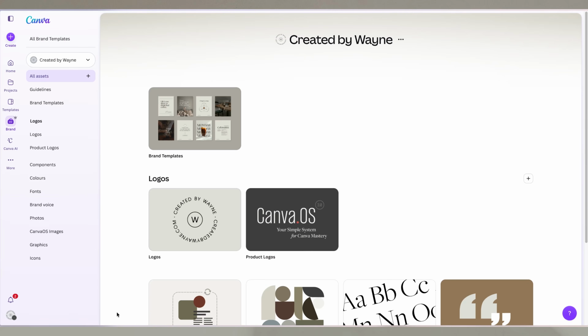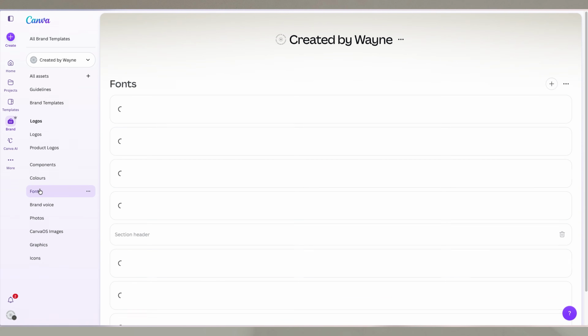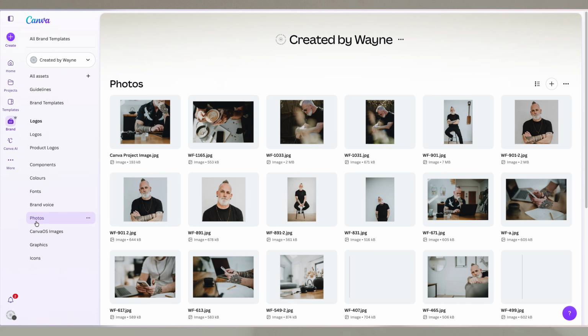But equally importantly, and the thing that makes me feel genuinely confident using Canva AI for this, is my brand kit. Colors, fonts, logos, tone of voice, all saved right here. So I'm not asking the AI to guess my style. I'm handing it a fully briefed creative direction. Okay, so with that said, let's get into creating this content suite, and we're going to do it in less